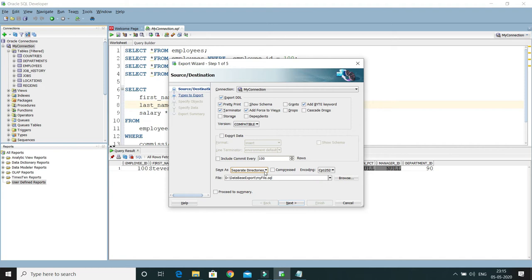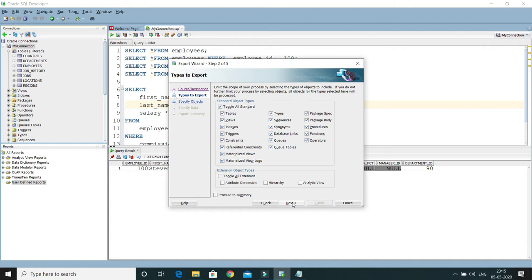And within that, let's say if you have 10 tables, then within the tables directory there will be 10 files created. So there would be a single file for a single table. I hope you understood. Now click on next.